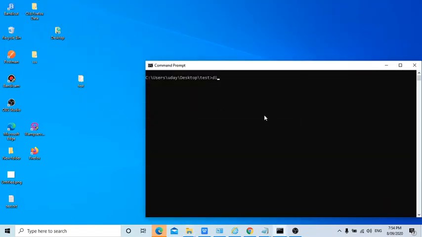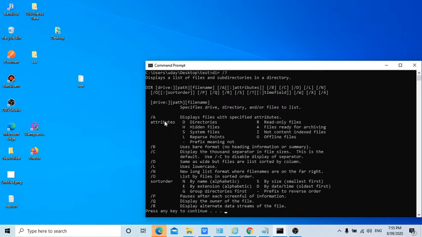Now if you want to learn more about a particular command, you need to enter the command dir space /? Then it will show you all the supported attributes for that command, guys. Now as you can see, it is showing all these options. Like we entered dir /s, right? Instead of that we can also enter /b /c. It will show what it is, so you can directly search and read about it.